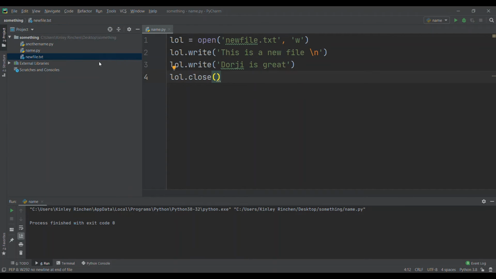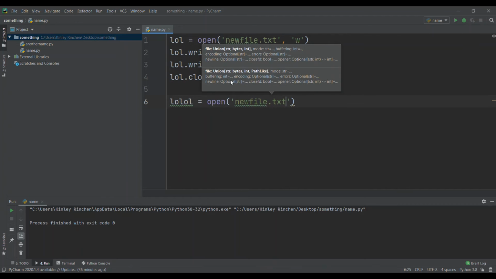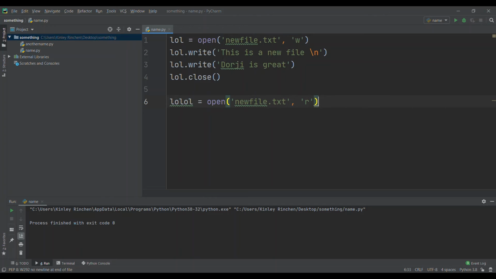Now let's learn how to read that file. First let's delete this new file. Let's name another variable. Let's go lol equals open. What was the name of the file? It was new file.txt. Then now we use the parameter r because we want to read that file. And now we create another variable and go equals